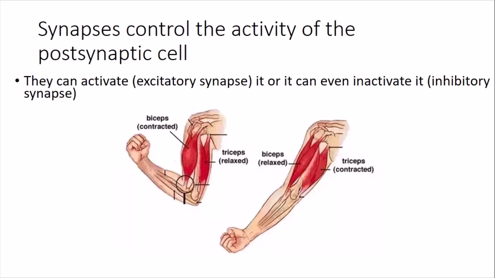So the idea, what I'm trying to explain in this figure is that we need both types of synapses. When I say the synapse controls the activity of the postsynaptic cell,